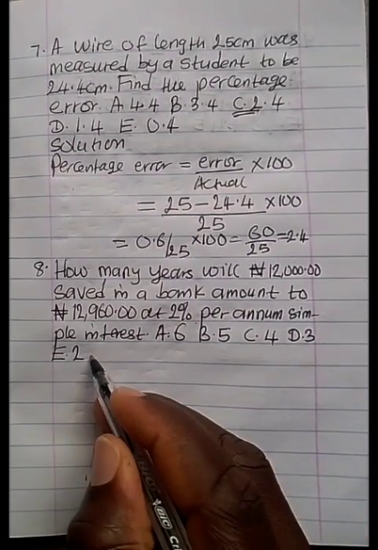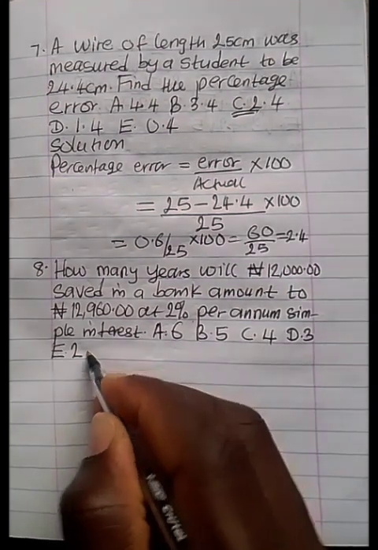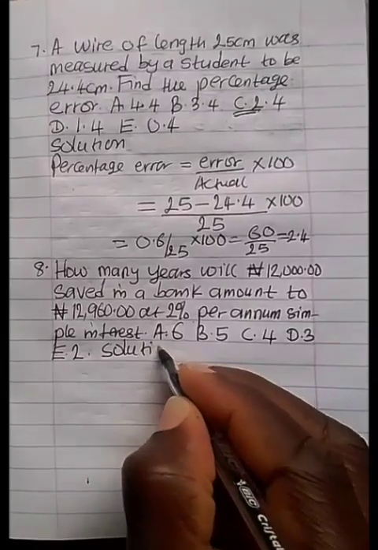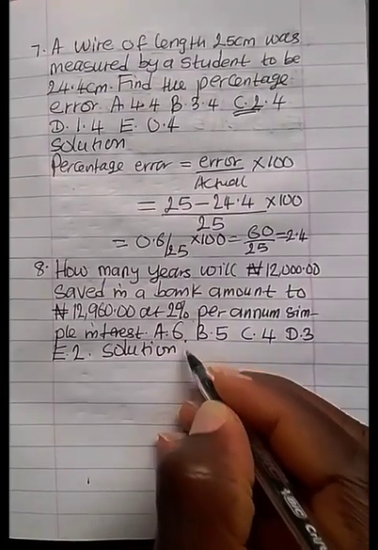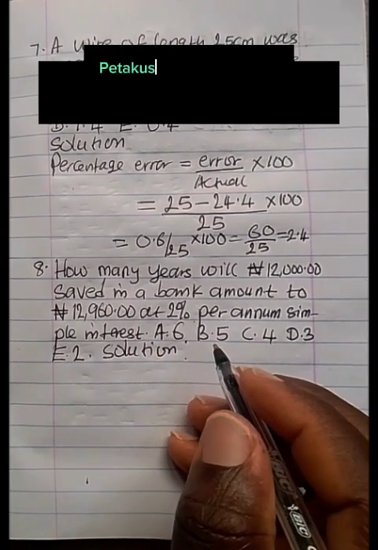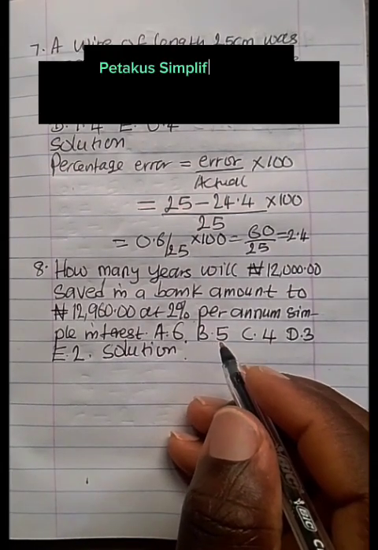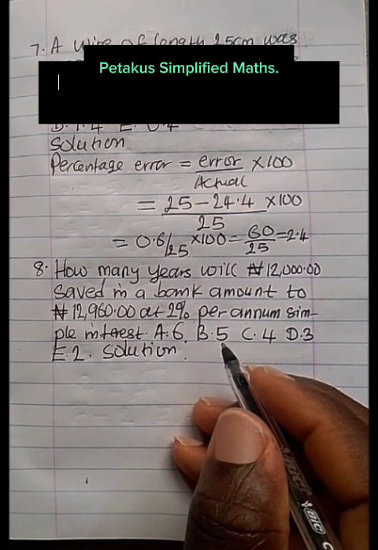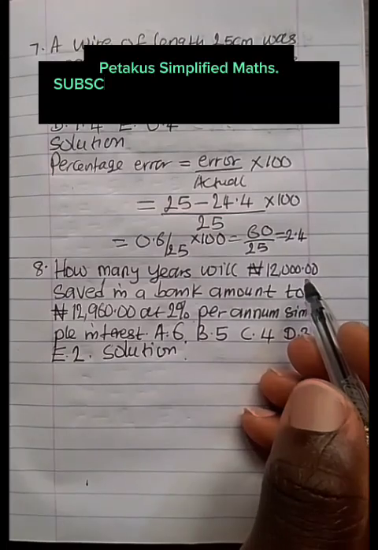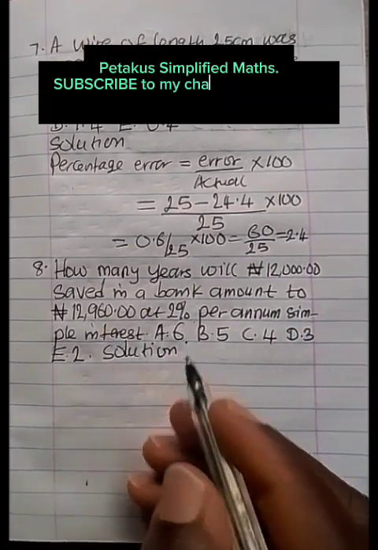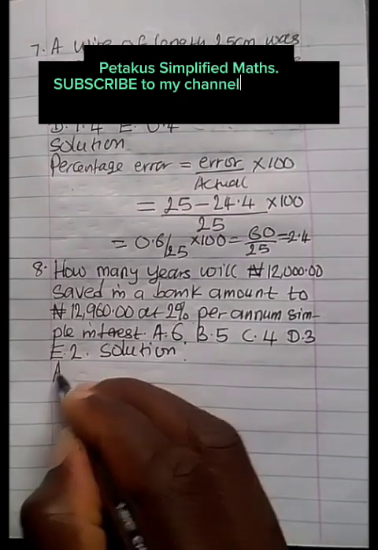So we are to find the time. Let's take the solution. In order to find the time, interest is needed, which we can obtain considering the principal and the amount by noting that